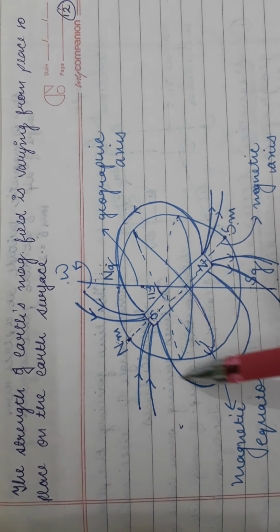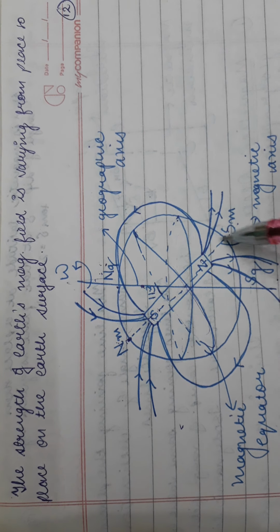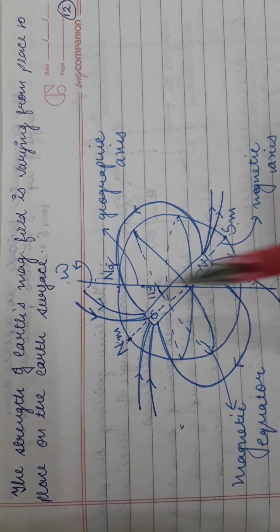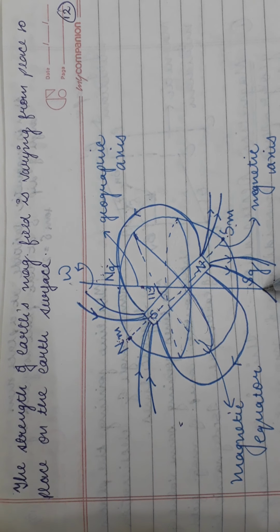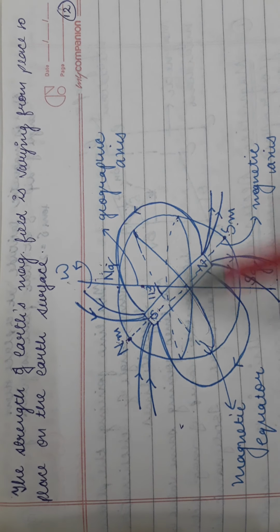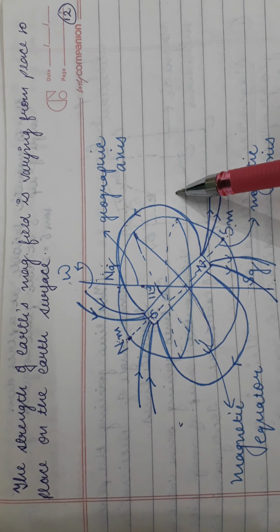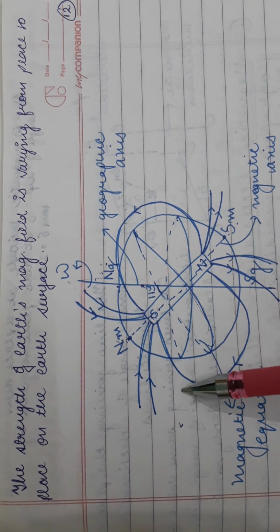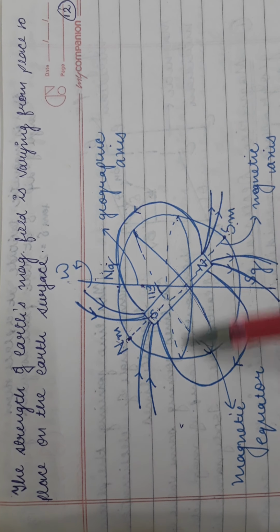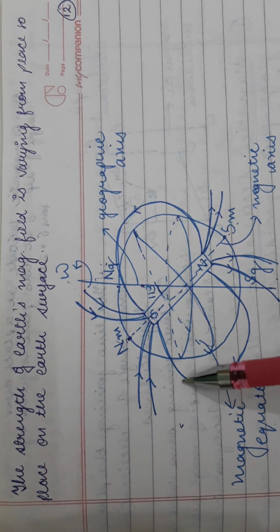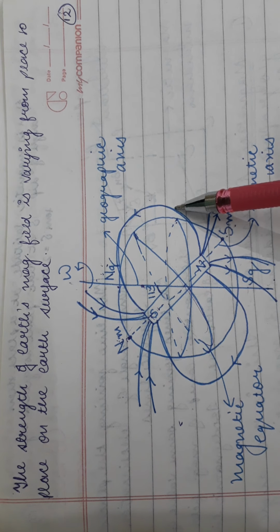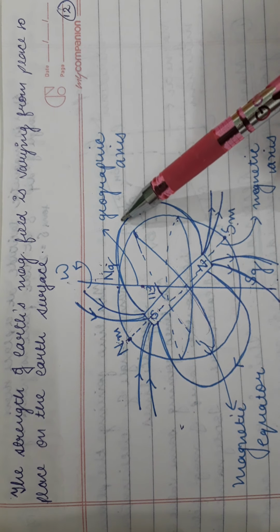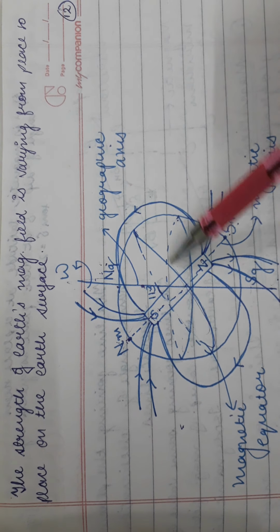This Earth is a perfect sphere. We have drawn one sphere. This is the vertical axis. These are the north-south axis, geographical north, geographical south, and these are east-west. So there are two planes we can understand. There is one vertical plane passing through just the geographical axis, which is called the geographic meridian, and there is another perpendicular plane passing through the magnetic axis, which is called the magnetic meridian.